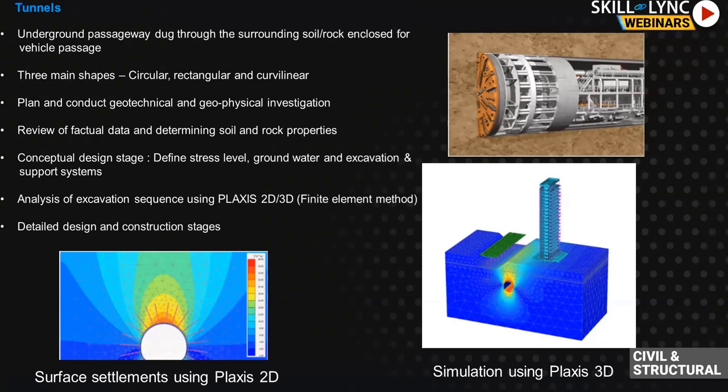You have many tunneling methods, but here I have shown you the boring method. The machine which cuts your soil or rock is called the tunnel boring machine. So this is your drill bit. With this drill bit and with your bentonite injection at high pressure, you will have to cut your ground, and you also have to support your ground, right? When you cut your ground, you will also lose your support.